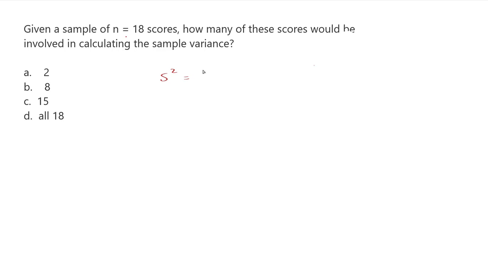The sample variance is the sum of squares over n minus 1. That's my sample size, that little n there, sample size minus 1. Right away, I can see that my sample size is involved, and the sample size n counts how many scores are involved. So already, in a way, we can see that all 18 scores are involved in finding the sample variance, because if I had one less score, I would only have 17, and that's going to change my result. Now that doesn't really pay any attention to the actual values of the scores, so let's have a look here